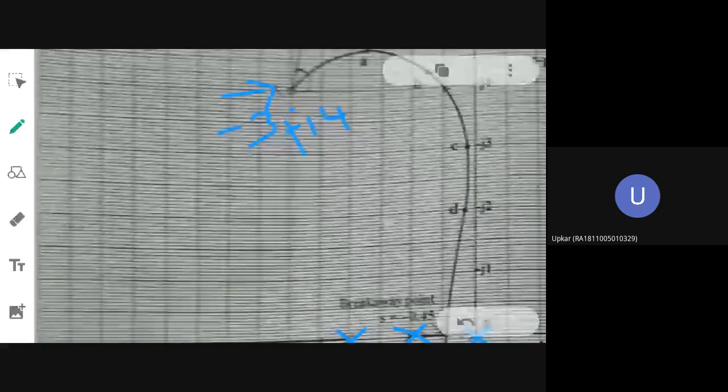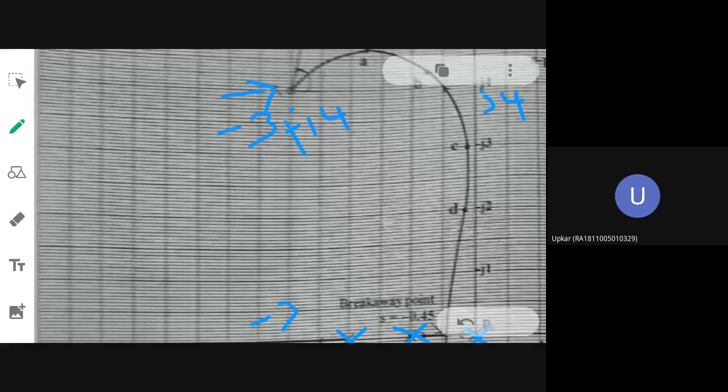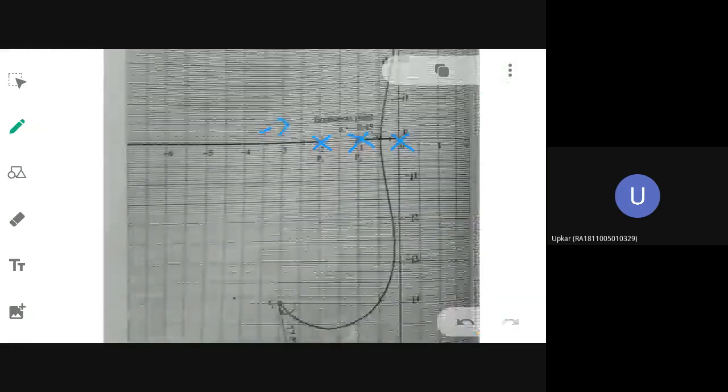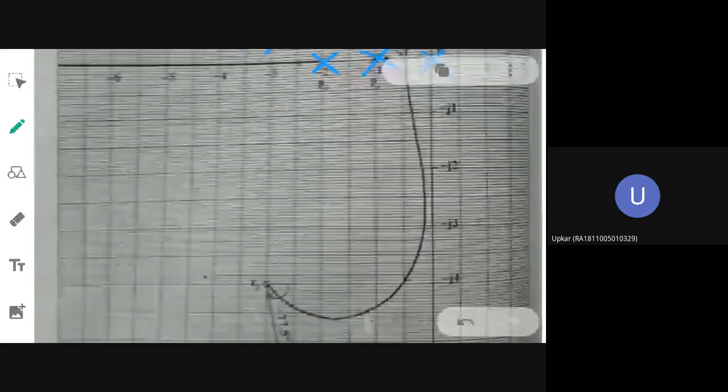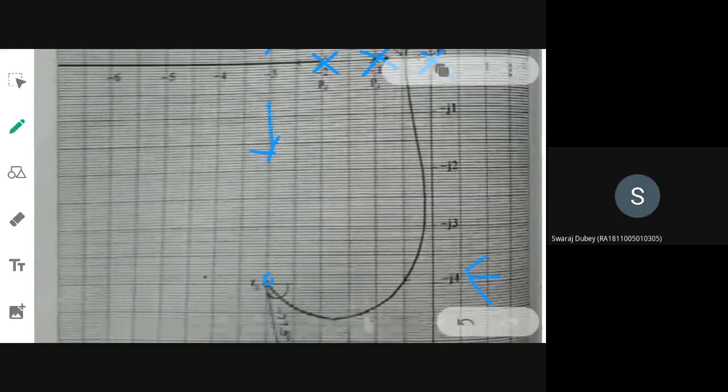This is J4. Here you will be having -3. So find that point and you have to locate a small circle like this. You have to do it on the opposite side also. Here you are having -J4. This is -3. You locate that zero. Okay, that is your first step. All understood first step?